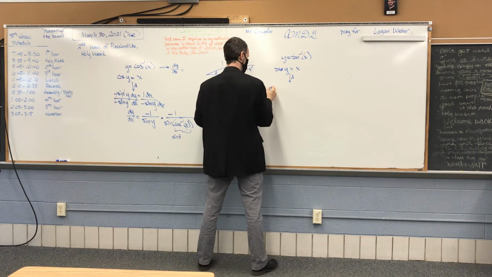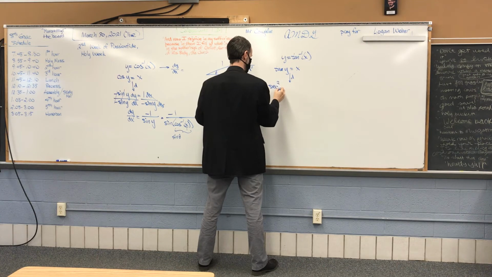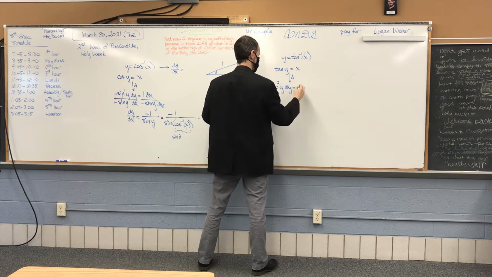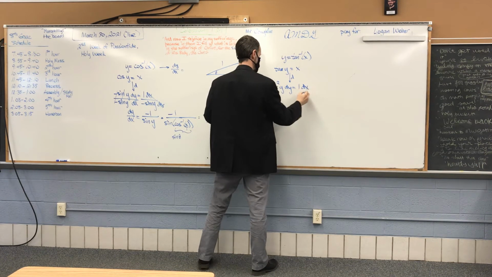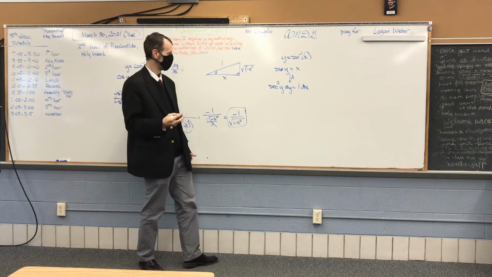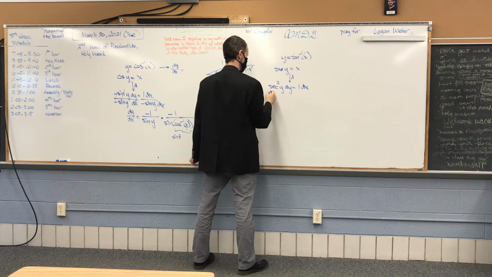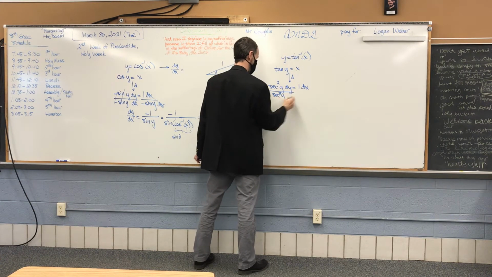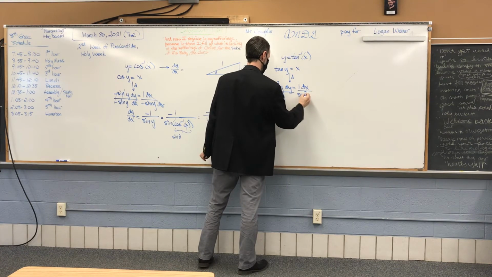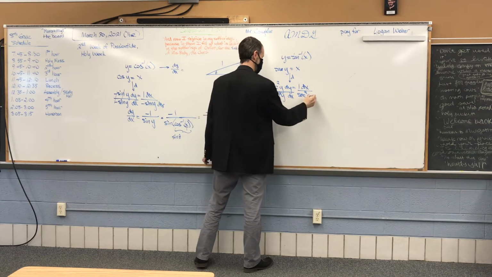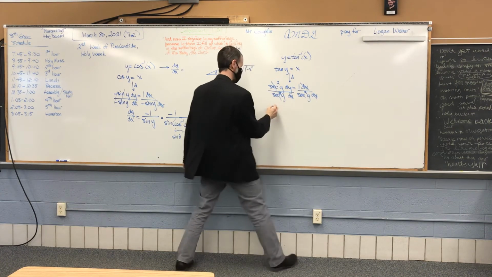Secant squared of y dy equals 1 dx. And then we divide. Divide by what? Secant squared of y. Divide both sides by secant squared of y to cancel, and then divide by dx. So you should get dy over dx